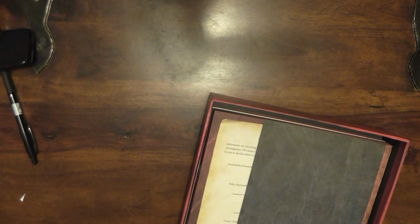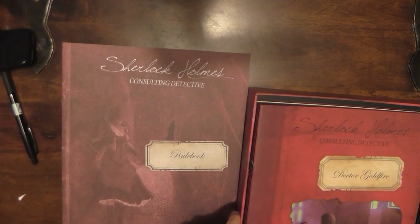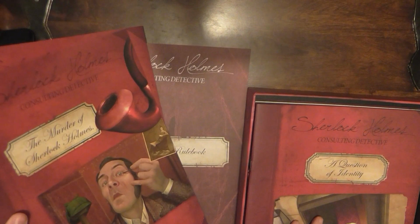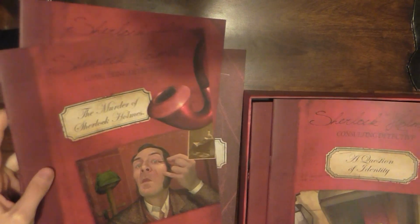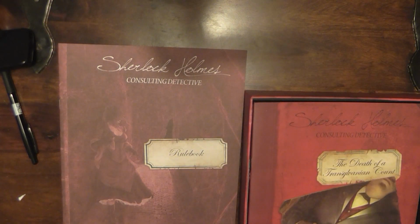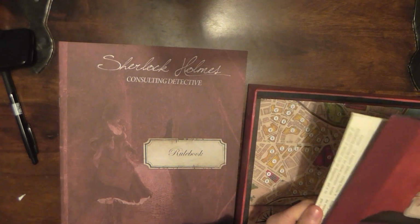Now, they advise you to not start with the Jack the Ripper, but the West End Adventures, which is what we will be doing. So we will just take these out. 6th, they are numbered. 5th, 6th, 7th, 8th case, 9th case, 10th case,